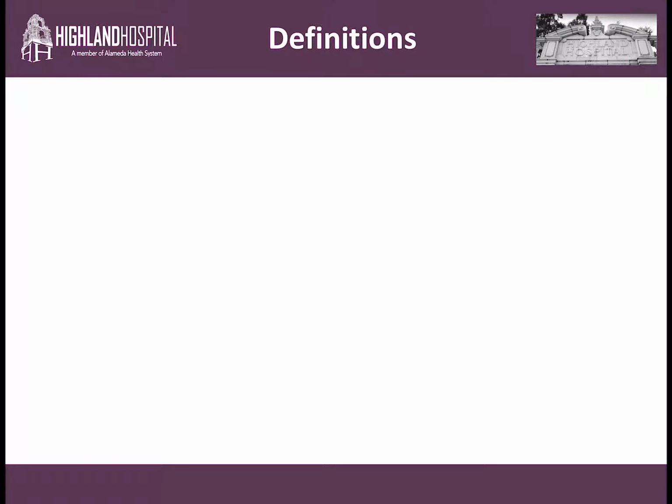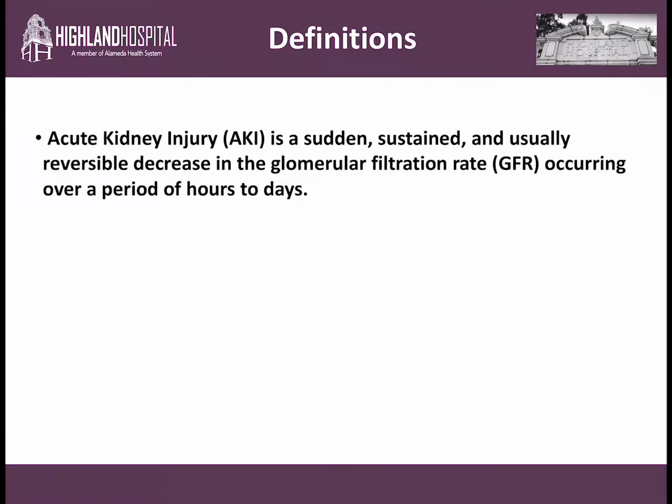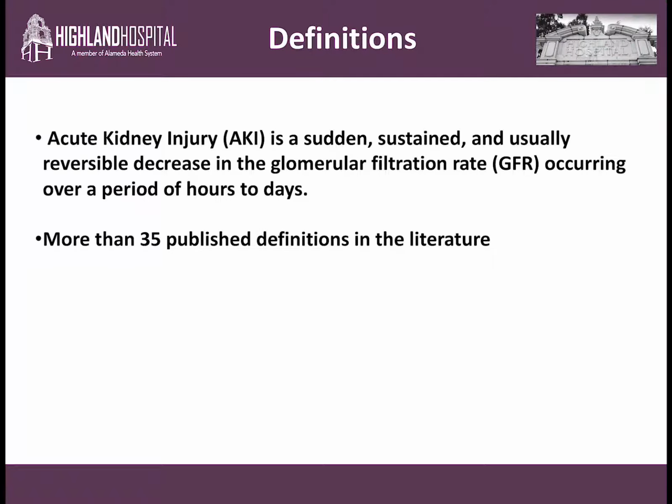Now, let's go through some definitions first. Acute kidney injury, or AKI, is a sudden, sustained, and usually reversible decrease in the glomerular filtration rate, or GFR, occurring over a period of hours to days. There are more than 35 published definitions in the literature from various organizations like